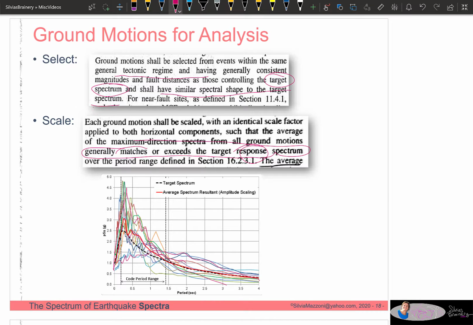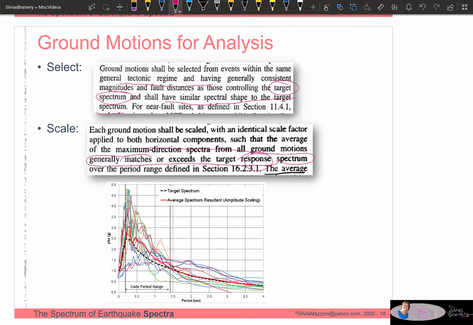But it's really your target spectrum, because sometimes you need to do something to your design spectrum. In the old days, you had to take a factor of your design spectrum. So that's why they can't call it the design spectrum. But now your ground motions, the average has to exceed your target spectrum, which is really your design spectrum. And so they are mixing apples and oranges, and that's always a big topic of discussion, because wait a minute,